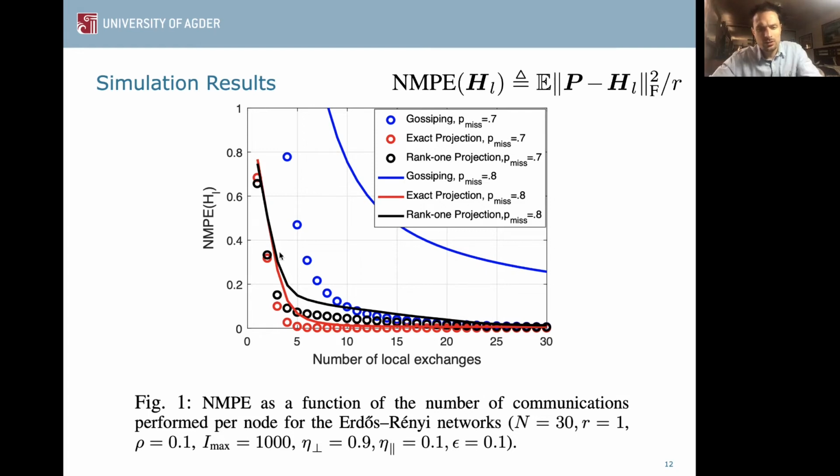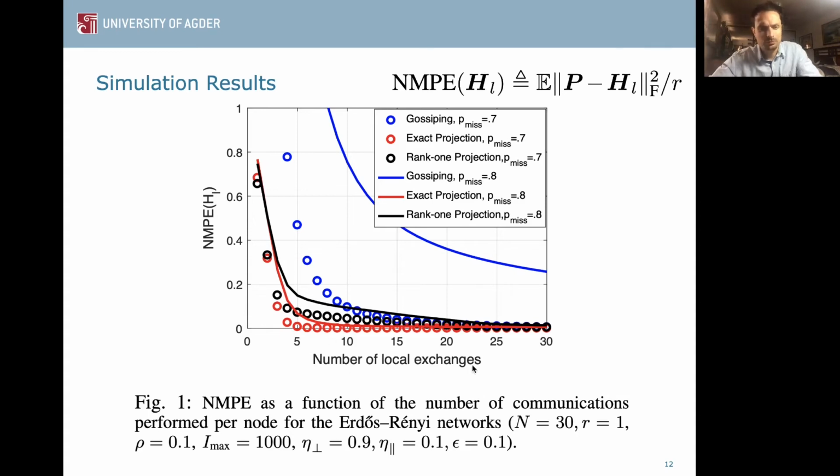So here we can see that the proposed method in red converges much faster than these alternatives. One may think that this convergence looks asymptotic, but this is just the effect of the Monte Carlo averaging, right? So in each realization, the error goes to 0 in a finite number of